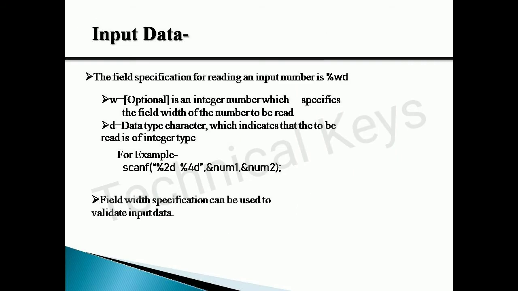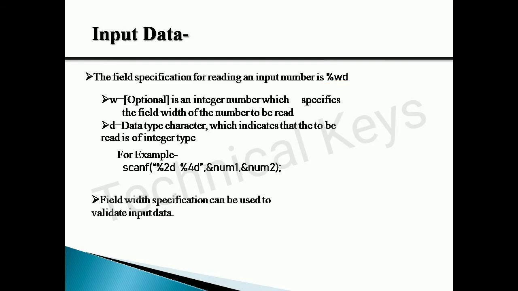The next thing is, we have used the %d format specifier in the printf function, but the %d format specifier comes with an optional parameter. What is this optional parameter called? It is called the width specifier. Whenever I use this %d, I can include w here, that is the width specifier. Now what is this w and why is it optional?